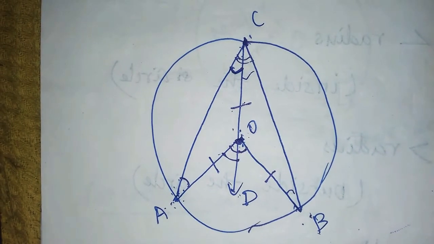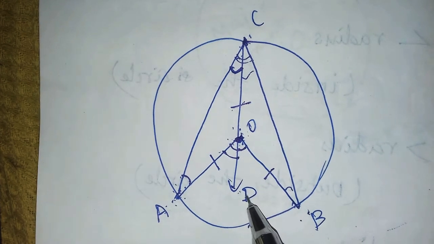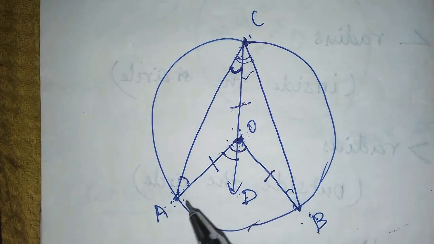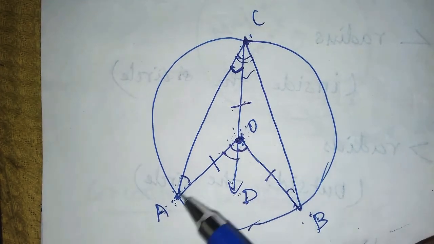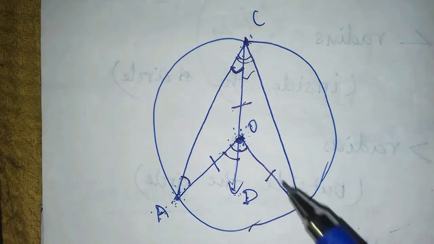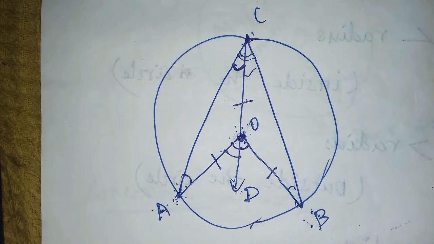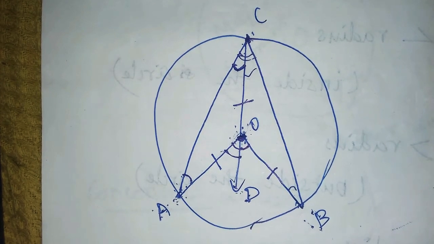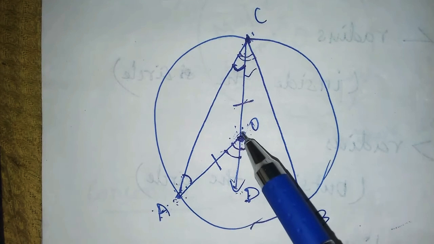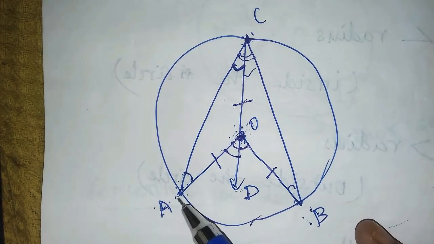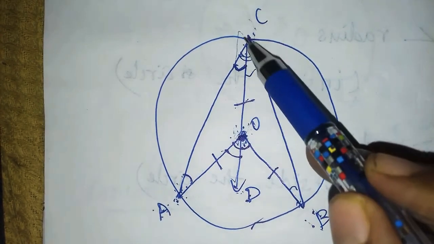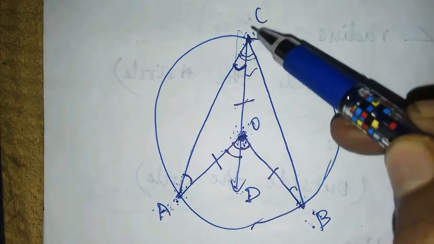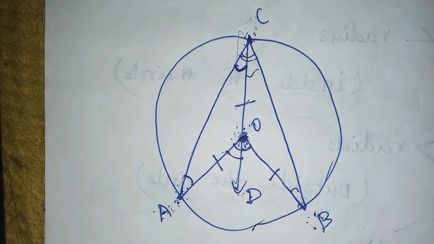Now see the diagram. What we have written, angle AOD plus angle BOD. How can we write this? This angle plus this angle, that only we have written. So how can we write? We can write this total angle, that is angle AOB. Can we write like that? That only we are going to write on the left hand side. On the right hand side, what is given? Angle OCA and angle OCB. So this angle and this angle, we can say this as ACB. So this total angle we can say here. Can you understand this?